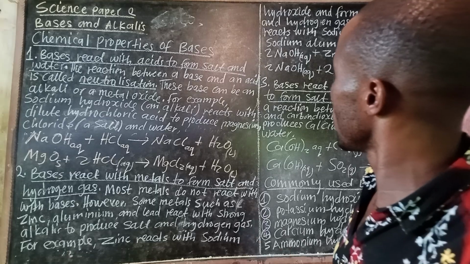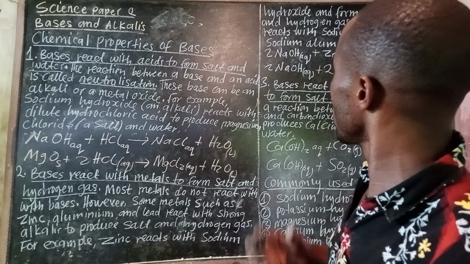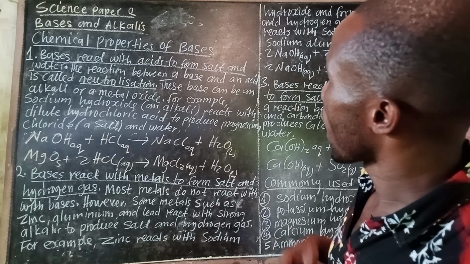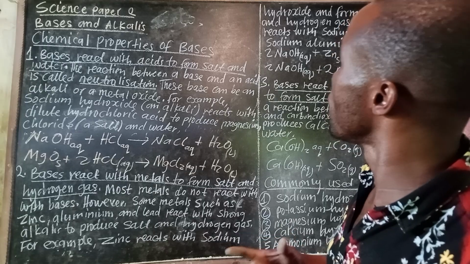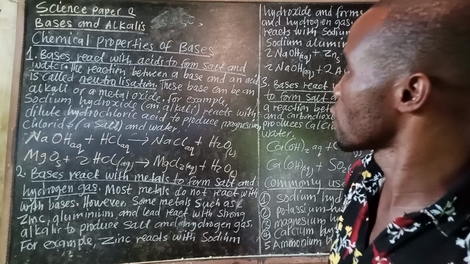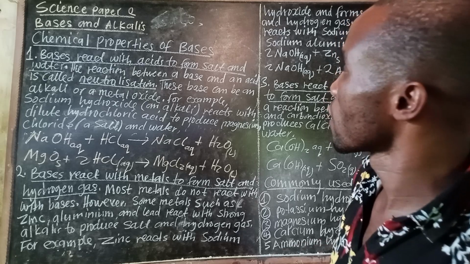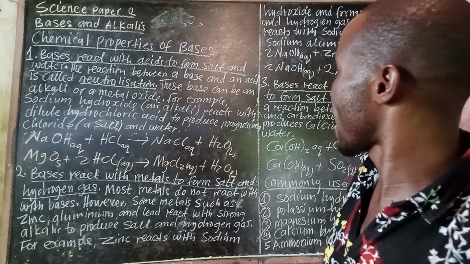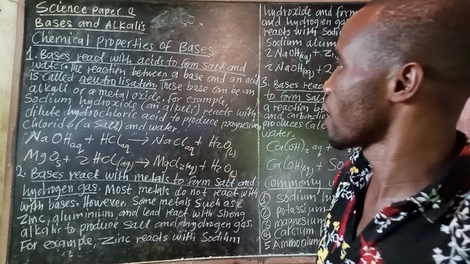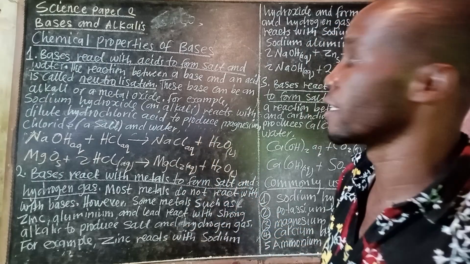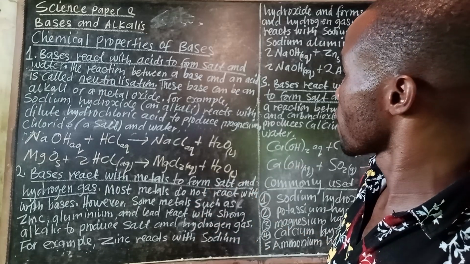Okay, this base can be an alkali or a metal oxide. For example, sodium hydroxide, that is an alkali, reacts with dilute hydrochloric acid to produce sodium chloride, a salt, and water. So those are the chemical